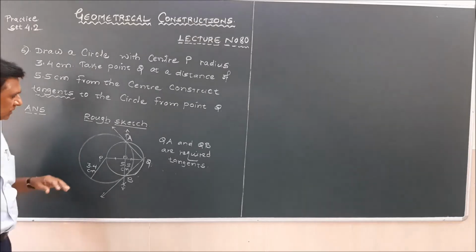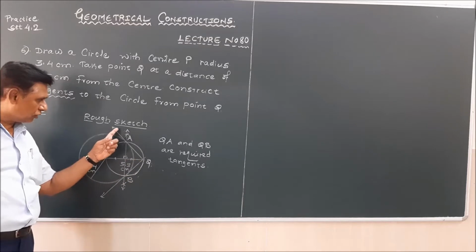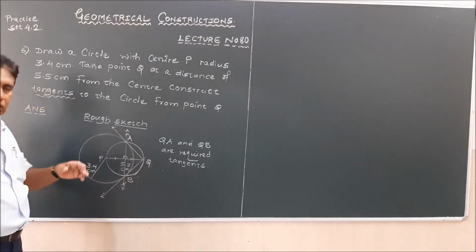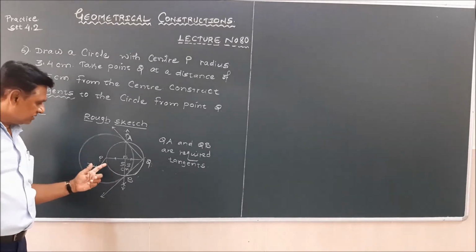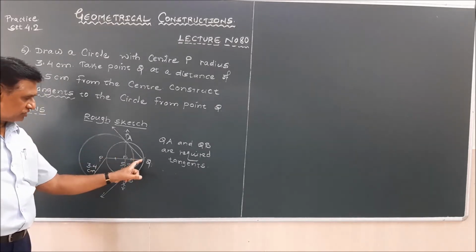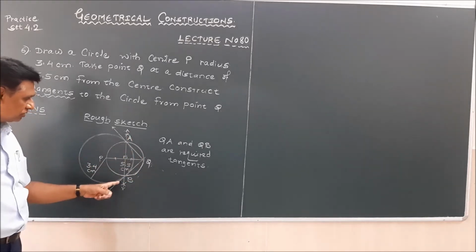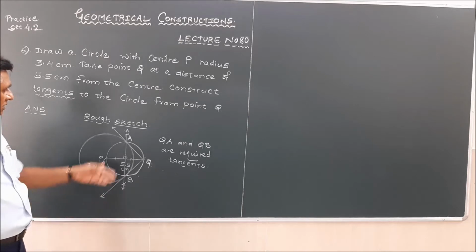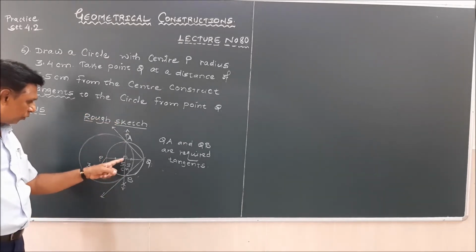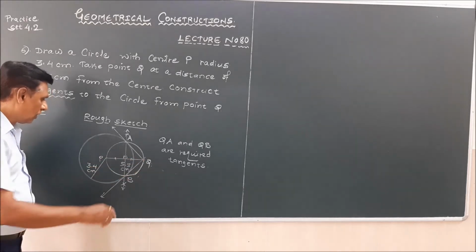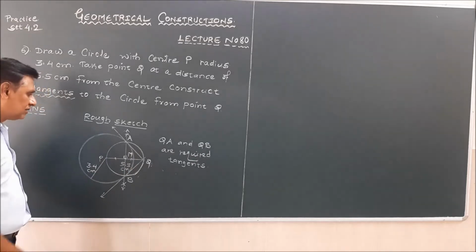Very simple method. Placing meeting point at P, taking distance more than half, draw 2 arcs, one above PQ, second one below PQ. Without changing the distance, simply interchange the position. Place the meeting point at Q, draw intersecting arcs to the previously drawn arcs, draw a perpendicular bisector, then point of intersection of PQ and this perpendicular bisector, if I call it as M, then taking